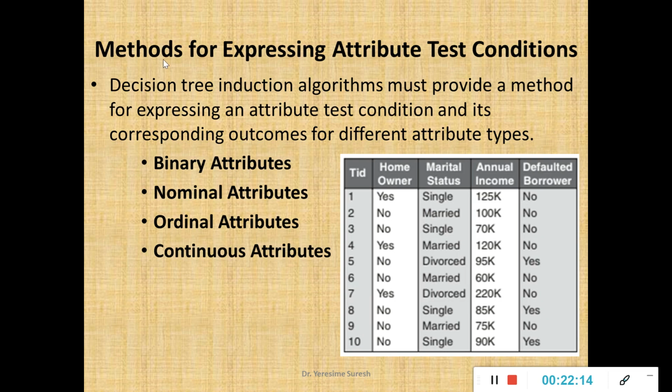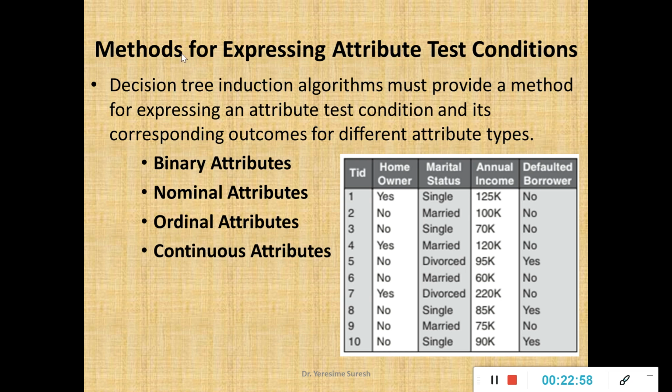Fine. Next, we'll look at the methods for expressing test attribute condition. We shall just recall, we use the term test attribute condition in step 2 of your Hunt's algorithm for your decision tree construction, wherein in the first step, if I find all unique class labels in my decision tree, that will be the leaf node, and unfortunately it is not possible. Your class labels will have more number of positive instances or less number of negative instances, or vice versa, or the optimal condition, equal number of positive instances and equal number of negative instances. In such cases, I am supposed to split my decision tree, and how to split is the topic. Methods for expressing the test attribute condition.